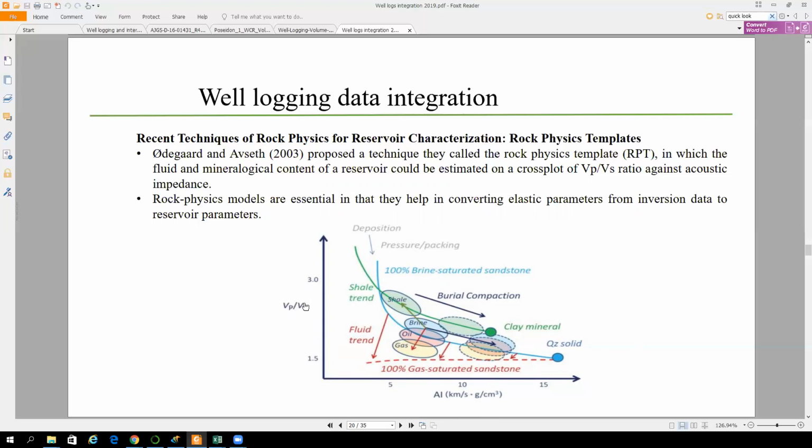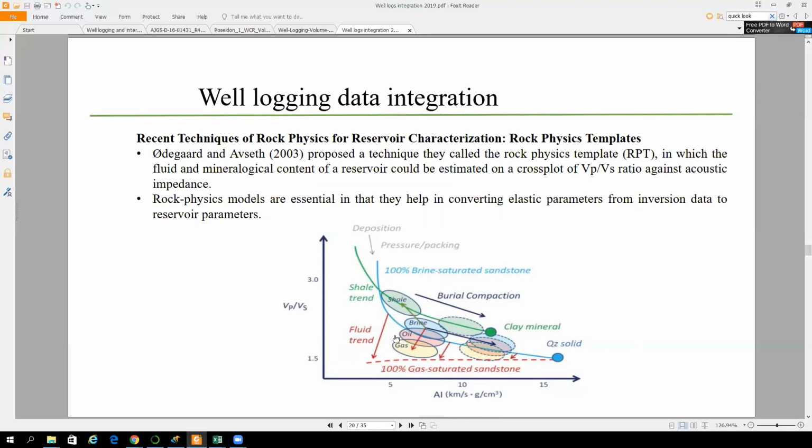If we cross-plot these two parameters, the VP/VS log and the acoustic impedance log, which is from the density times the velocity, we will be able to distinguish between different types of reservoirs, different types of fluids. We can isolate fluid, which will go to the fluid corner. So most of the fluids will have low VP/VS and low acoustic impedance. We'll be able to discriminate between